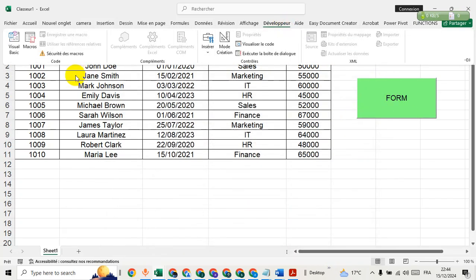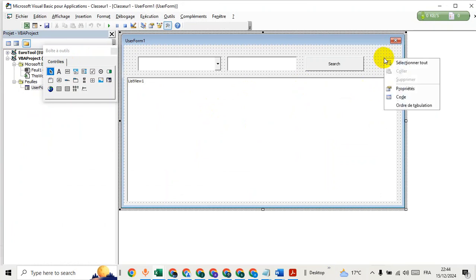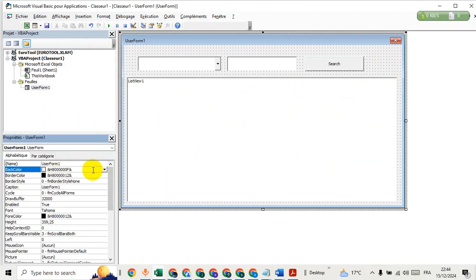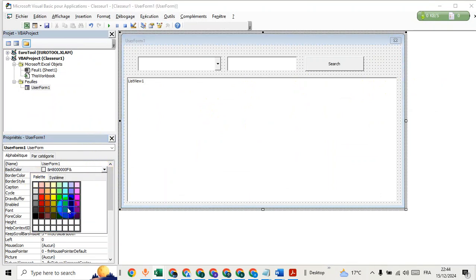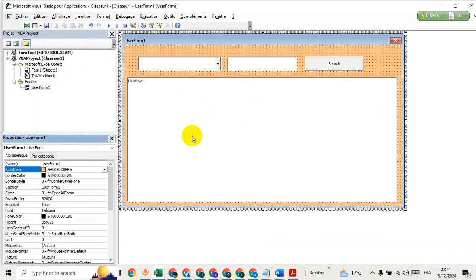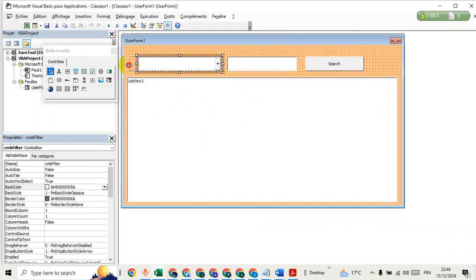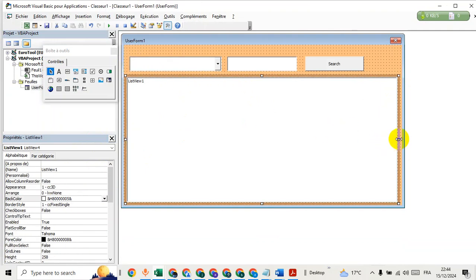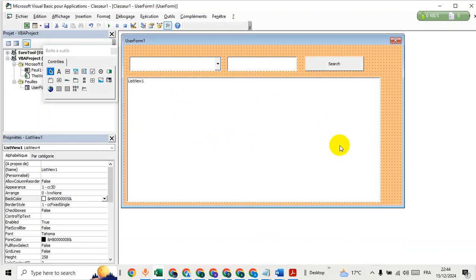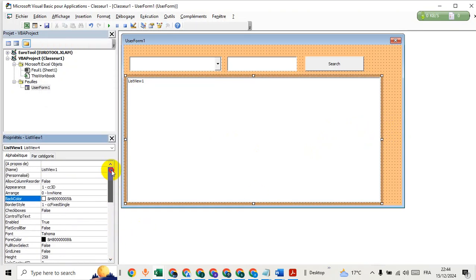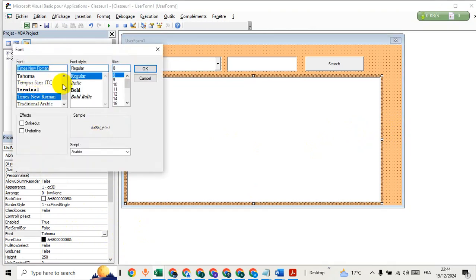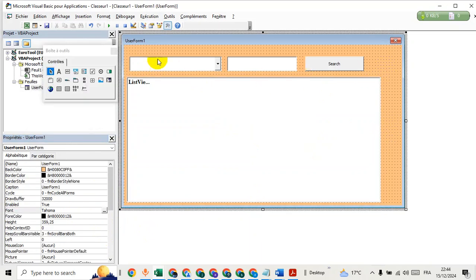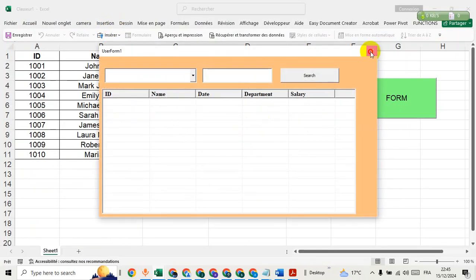Everything is okay. Go to developer, Visual Basic, right click properties to change the color to this one. Okay, select the list view, then go to fonts, bold. Let's test again. Okay,